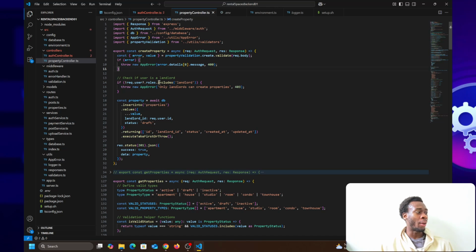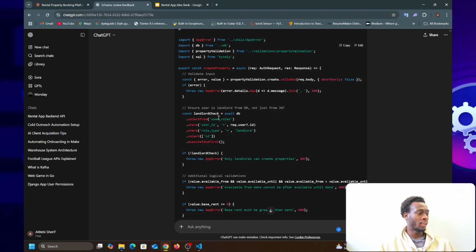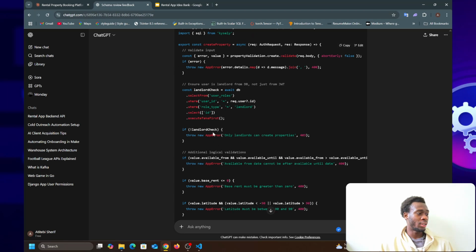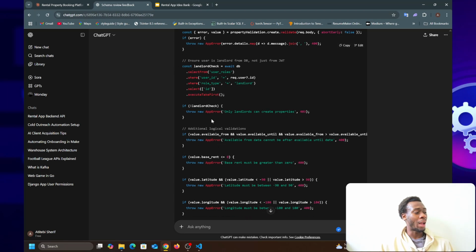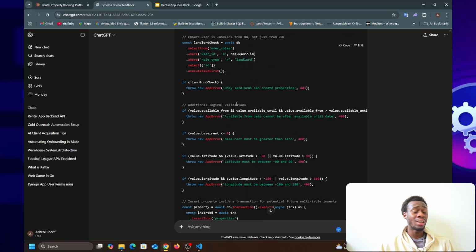Why not just do it directly, because the request has the user and the user has the roles, instead of doing all this extra? I feel like this is extra, honestly. I'm not gonna lie, maybe I'm tripping. And if landlord check, yeah, this is extra that I'm not sure. Maybe it is right, maybe it is not. I don't have experience with Node.js.